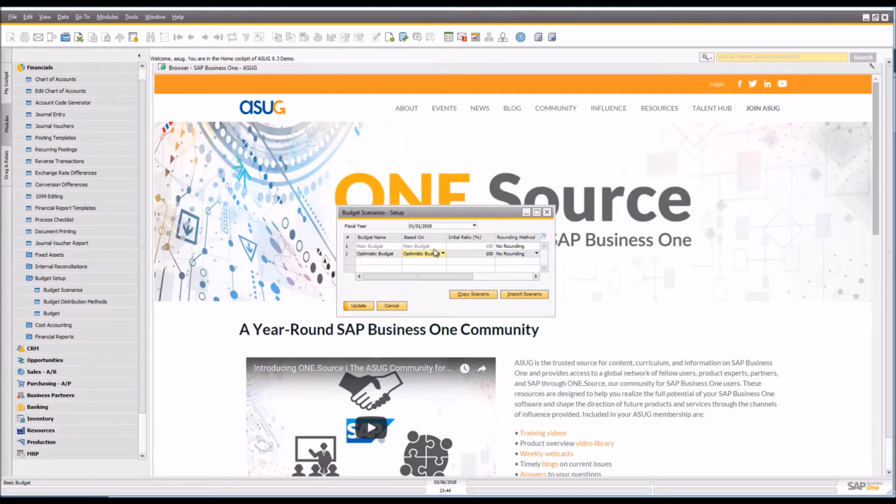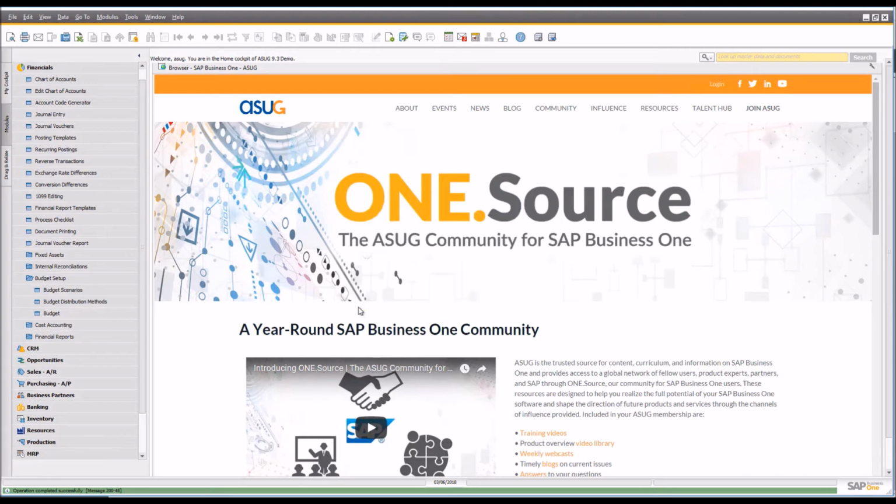Now when I'm creating this budget, I can create it on the basis of all of the other budgets that are in the system. So you'll see when I click on my drop down list here, it's going to give me the ability to choose my main budget. So I can say, yep, I'm going to base this on my main budget, and I'm going to put in here that it's based on a 120% increase on my main budget. So I say, yep, that's fine, and then I'll say update, and that's now done, and I've now got that